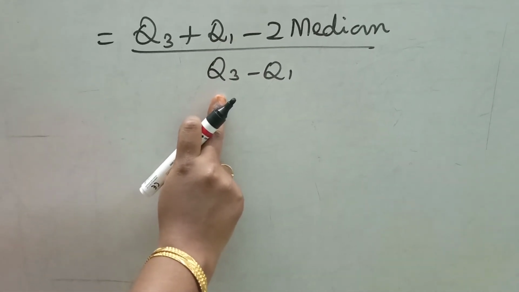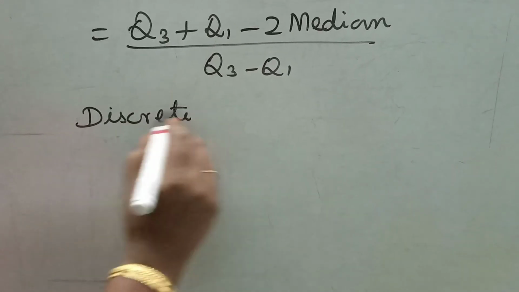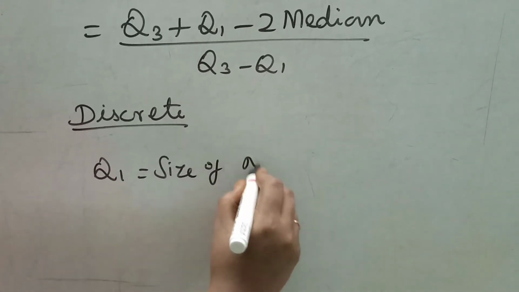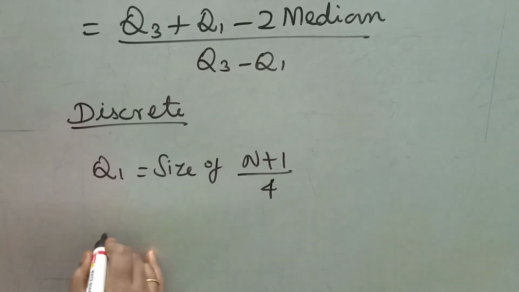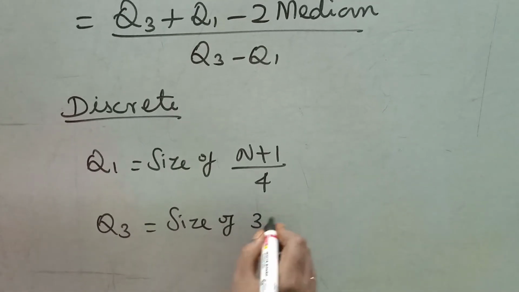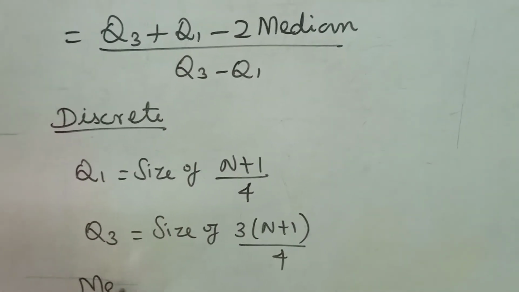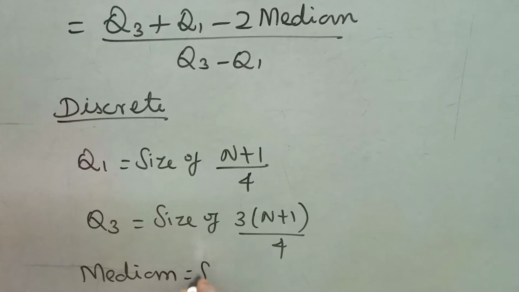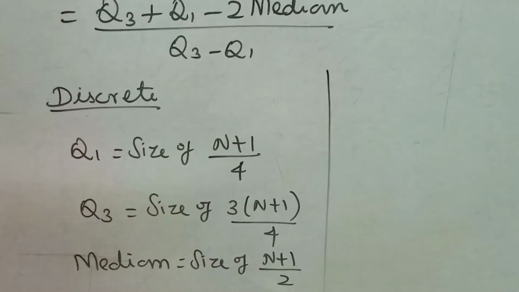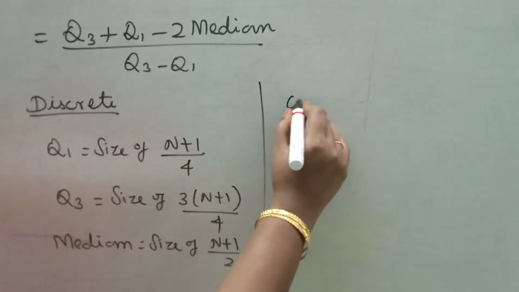We see the formulas one below the other. For discrete series, Q1 formula is size of (n plus 1) by 4. Q3 formula is size of 3 into (n plus 1) by 4. Then median for discrete series is size of (n plus 1) by 2. These three formulas are used for discrete data, whereas in continuous data,